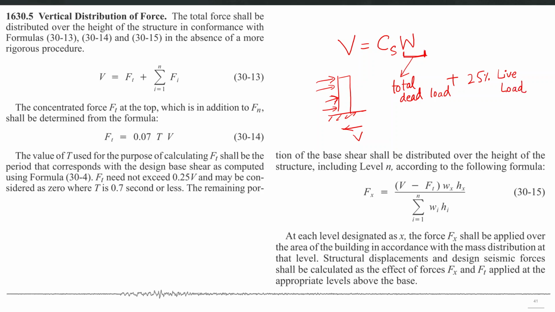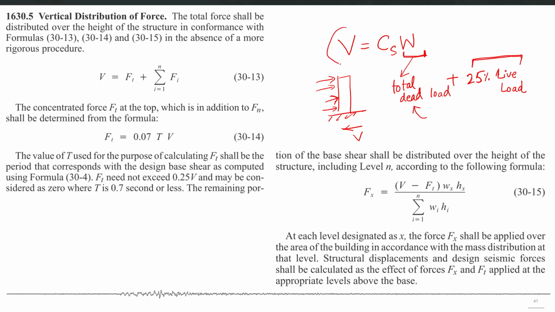It is based on the assumption that when the earthquake forces hit the structure, 25% of the live load will also be present at that time. So this should also be included in the seismic weight of the building. Also, note that any equipment which is permanently installed, or any live load which is permanently installed in the building, should be considered as dead load. The live load is the one which really varies on a day-to-day basis, and the weight of any permanent fixtures in the building should not be considered as live load in the calculation of this capital W, which is the seismic weight of the building.